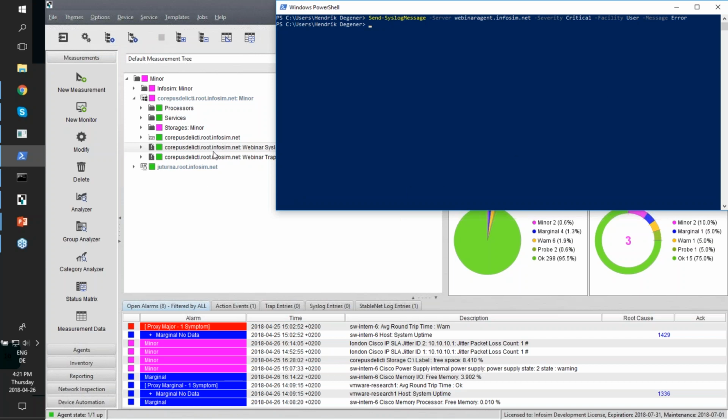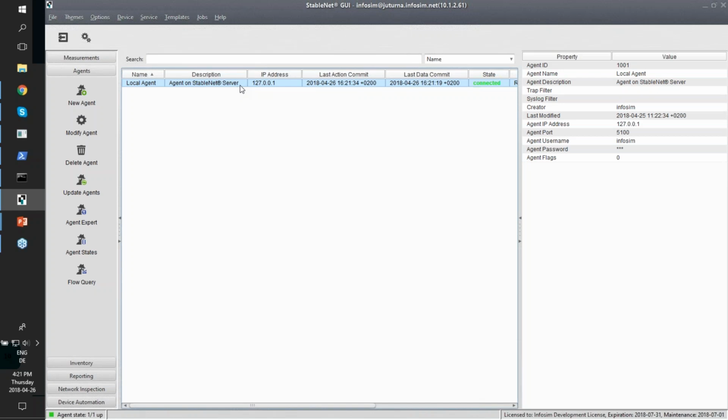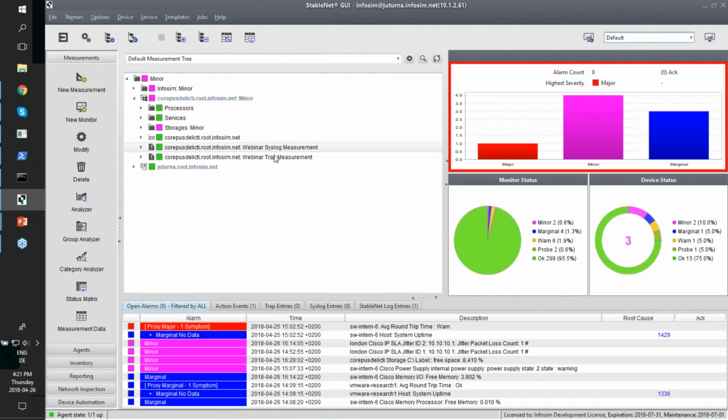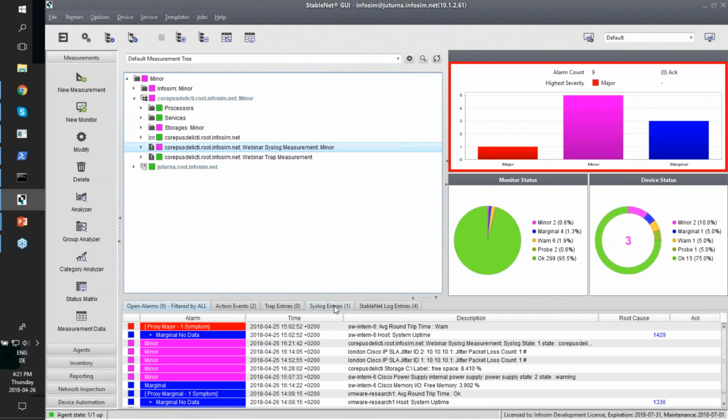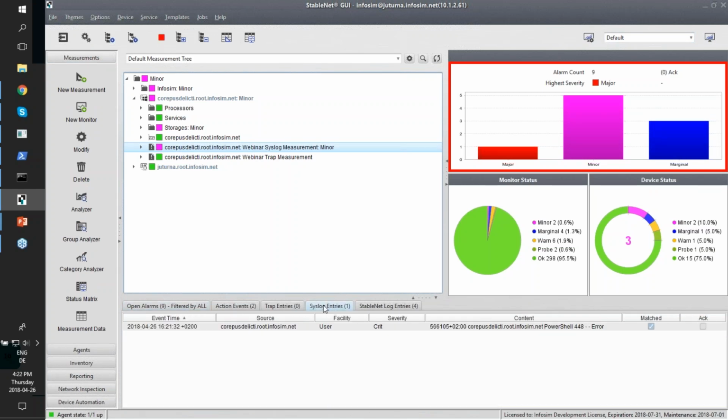So now the syslog will enter StableNet. The agent first will then process the respective syslog and apply the configured syslog measurement configuration. And it should also soon be available in the syslog entries that you can see here. Because, which is very nice, in the StableNet GUI you will find the current syslog entries, so the recent syslog entries that have entered the system, filtered